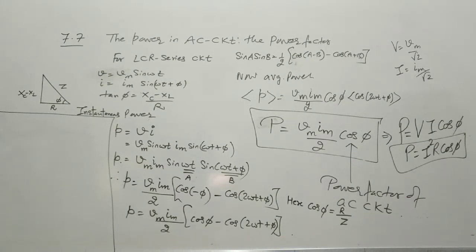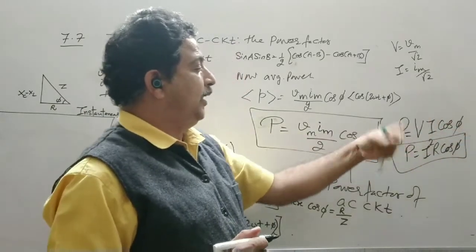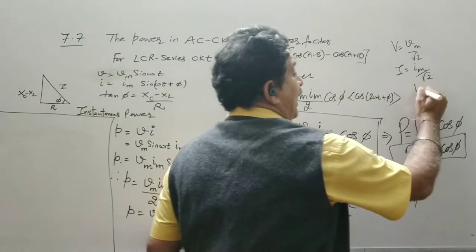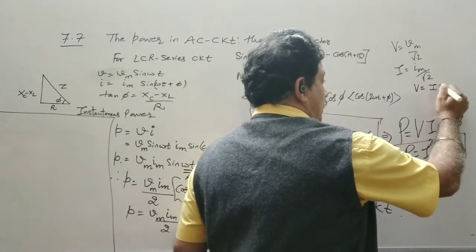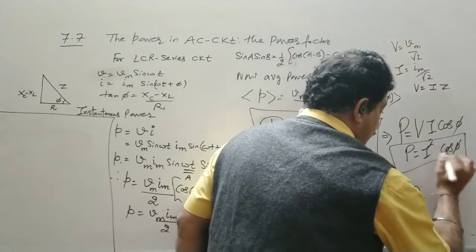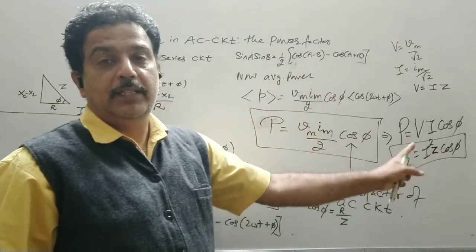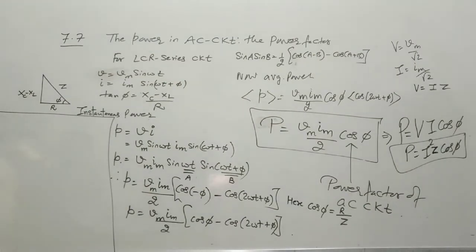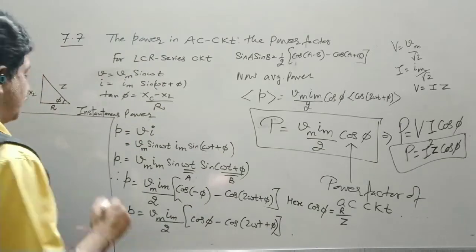So these are the general formulas for an AC circuit, and we have taken the LCR circuit as the reference. So power dissipated can be written in the form of VI cos phi, and now V can be written using Ohm's law. For an LCR circuit, V is equal to I into total impedance Z. So it becomes I square Z cos phi, not I square R but I square Z, because for LCR the total resistance is denoted by Z. So these are the other forms. Now let us take this as a reference equation.